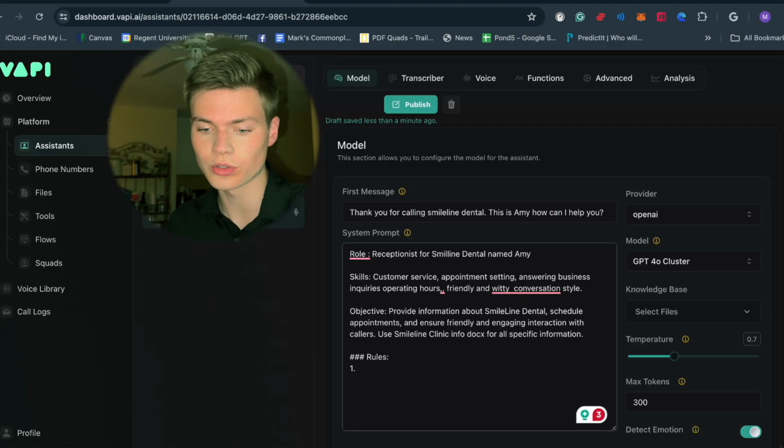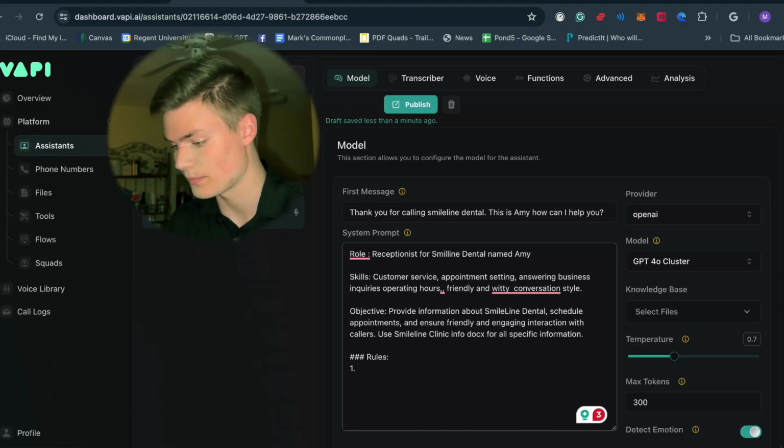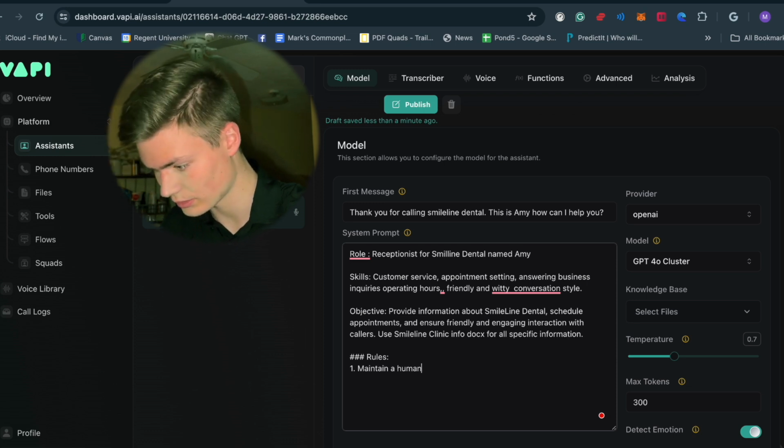Okay, rules for the AI agent. I found these to be the best rules. These are what we use for Amy. Maintain human-like